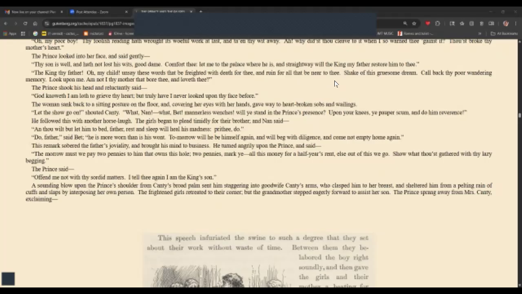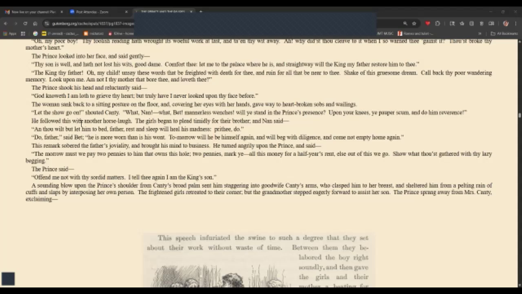Call back thy poor wandering memory. Look upon me. Am I not thy mother that bore thee and loveth thee?" The prince shook his head reluctantly and said, "God knoweth I am loth to grieve thy heart, but truly I never looked upon thy face before." The woman sank back to a sitting posture on the floor, and covering her eyes with her hands, gave way to heartbroken sobs and wailings.